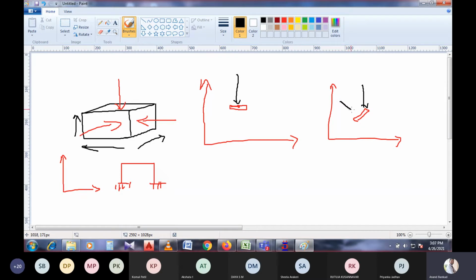If the load acts in this manner, this is the global y direction because it is in the y direction, and it is also the local y direction. That means the dimension or alignment of the body may differ, but for any alignment of the body, the load will act in the same direction, the global y direction.